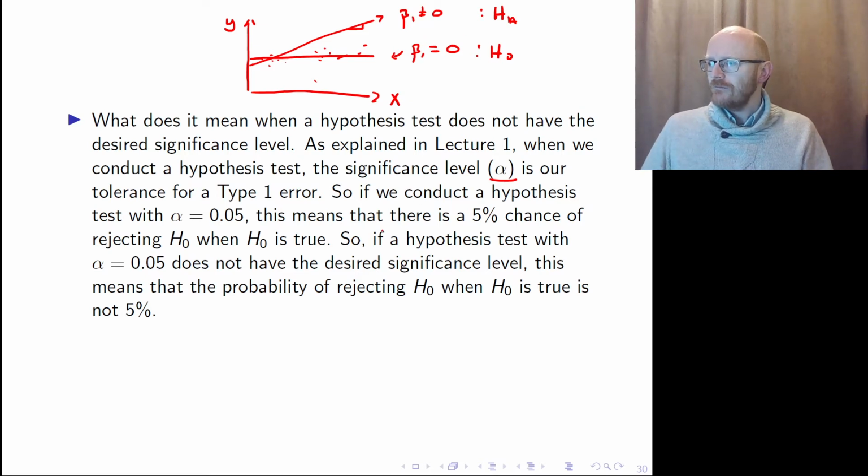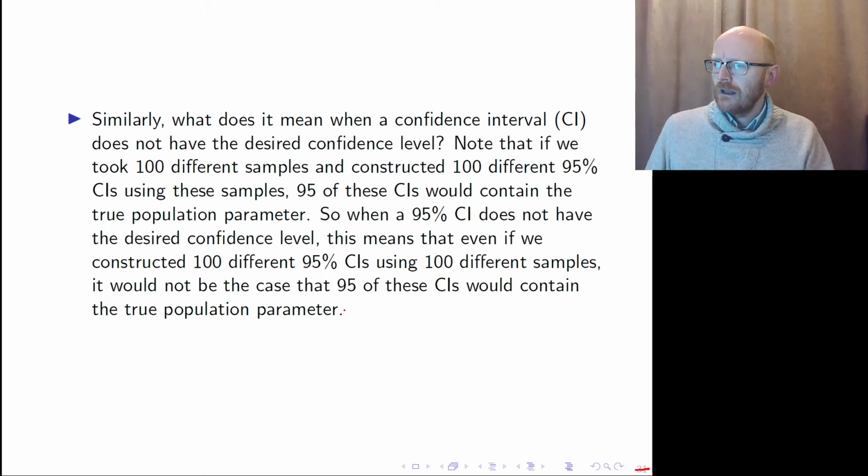Okay, and if this hypothesis test, which we believe has a probability of a type 1 error equal to 5%, does not actually have a probability of a type 1 error equal to what we believe, then we are led to reject or not reject H naught based on a different probability than we assumed for our analysis. Okay, and equivalently,